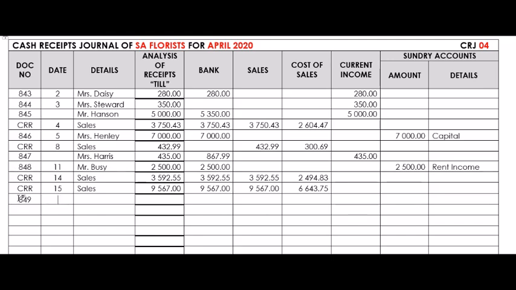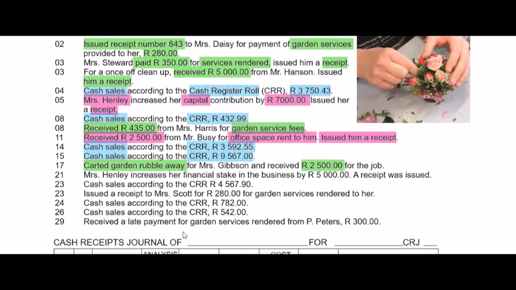The date is the 17th. Mrs. Gibson was the customer who paid us 2,500 Rand. Put the money in bank as well, and we received it for rendering a service, so it goes to current income. Then on the 21st,